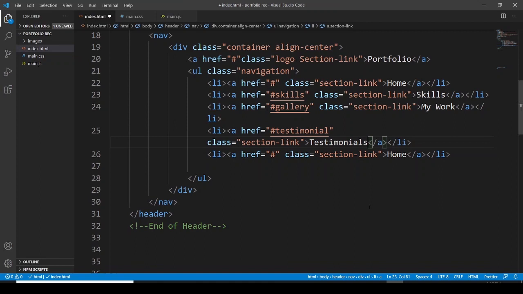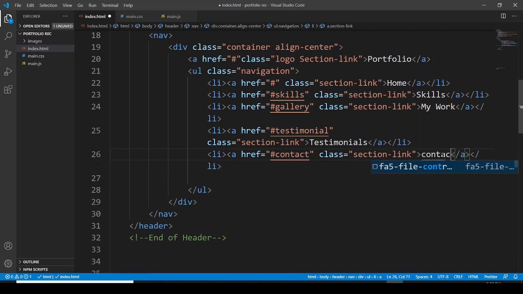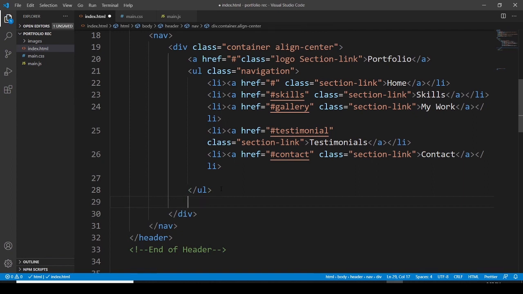Now because, as I've told you, it's a single page application, or a single page website, that's why to reach to that section I'm going to use these links. These links are going to help me. And then I would like to go with the contact, and this is also going to be contact. Let's save it. Then after here I would like to go with a font awesome icon class, and this is going to show the